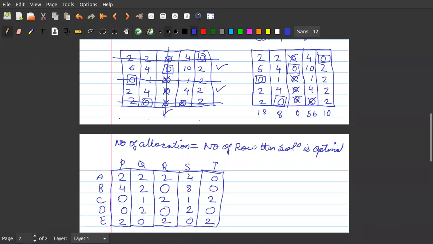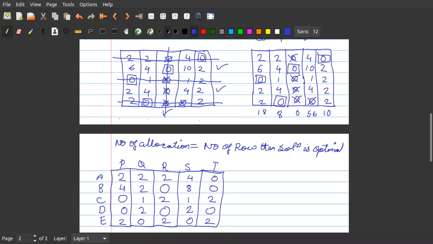What have I done? I'll repeat it once again. After getting this allocation, there was one row where we did not have any allocation. So we marked with a tick the row in which there was no allocation. Then we marked the column in which there was a 0.